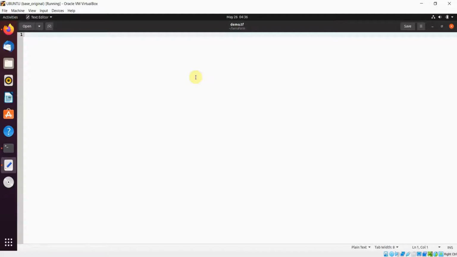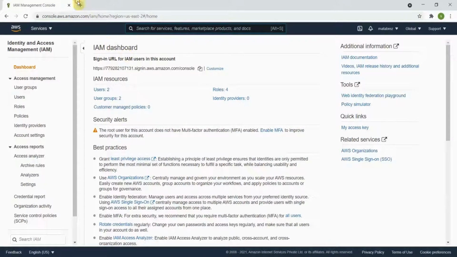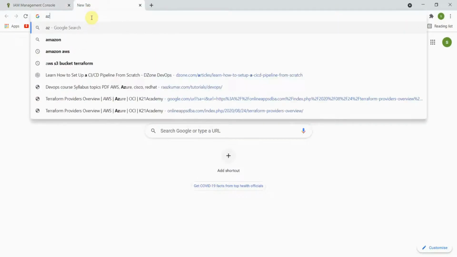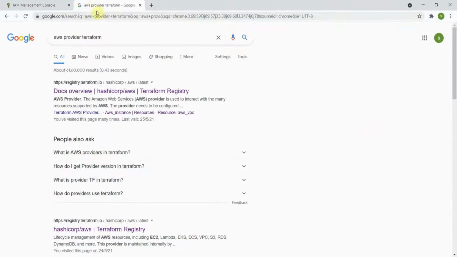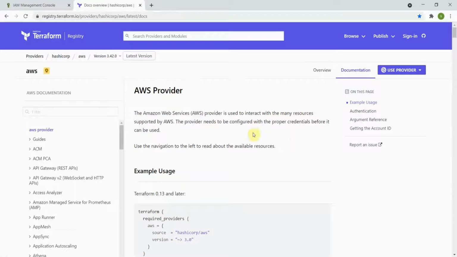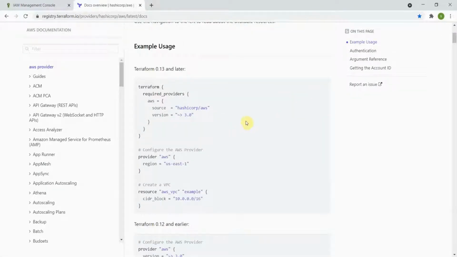Here we will be building and providing the basic commands for infrastructure. Our plan is to create the resources like EC2 on AWS. So let me search the AWS provider for Terraform. So search in Google and open the first option. So this code is ready-made and it will be available in this